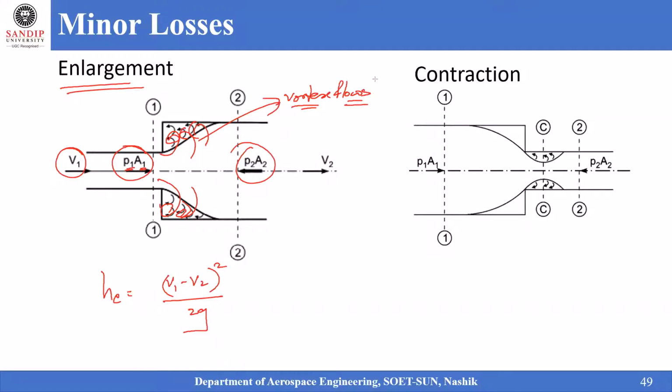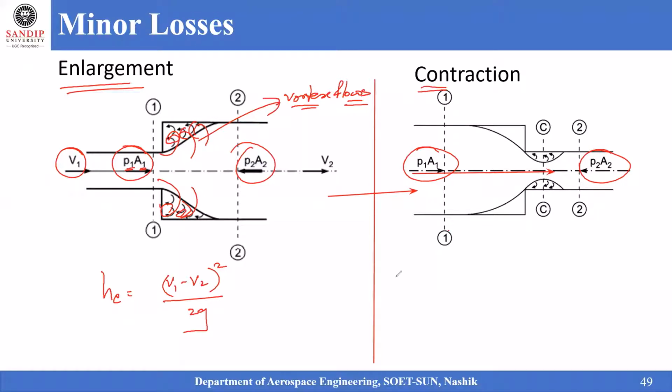So if a sudden contraction has happened, just the opposite of this case, inside the pipe flow, then due to the sudden contraction, if you see at section 1 and section 2, the flow has got accelerated. Here we have represented P1 and A1 at the entry of the pipe and P2 and A2 to balance the fluid flow between section 1 and 2. Now, what is the flow loss due to the sudden contraction?